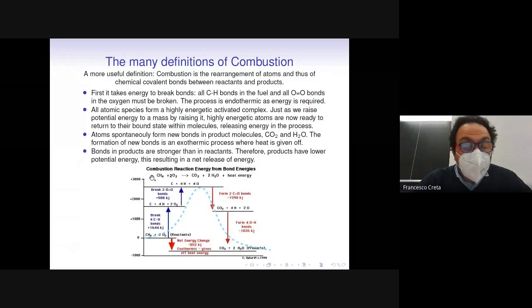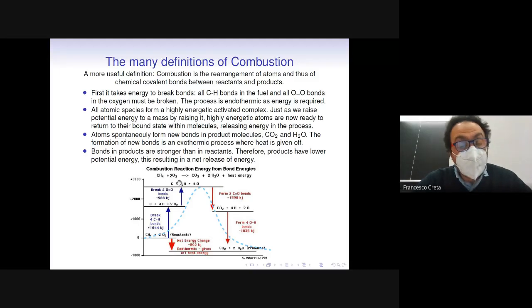This is the overall reaction, which is essentially a symbolic process where a certain number of molecules will be transformed into others at a lower energy potential, and the net effect is this release of heat. Now,